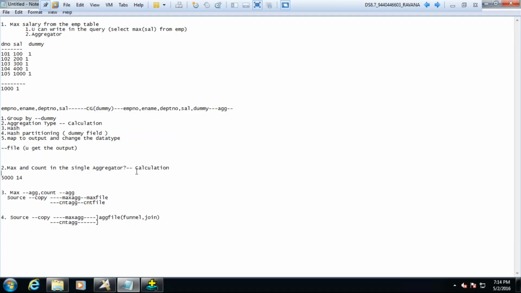No, right? So you need to fix with aggregation type as calculation only, right? Yes. Now think in the calculation, how can you get the count? That's the tricky part.